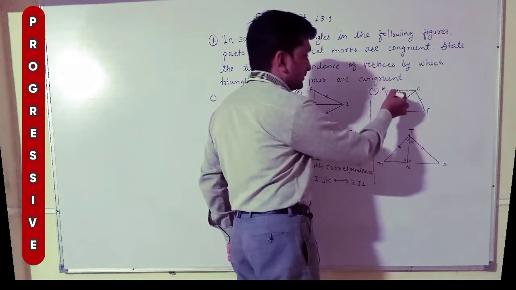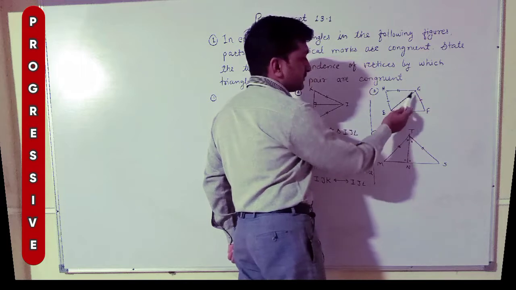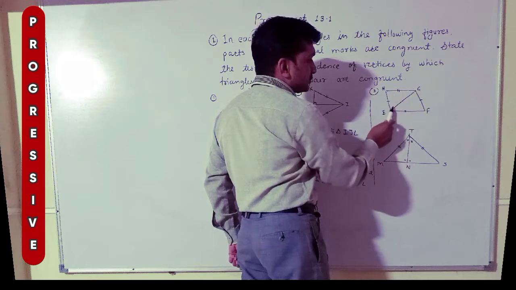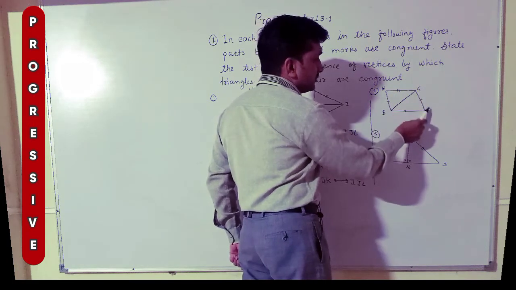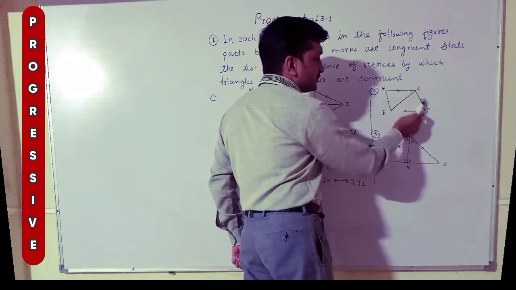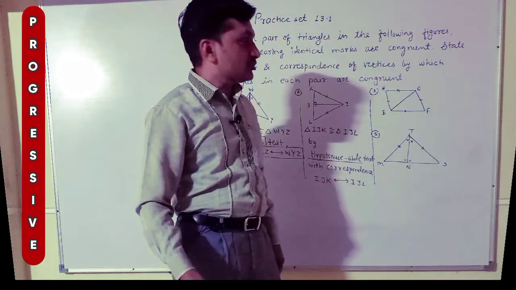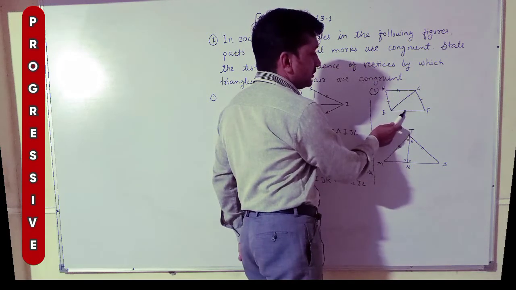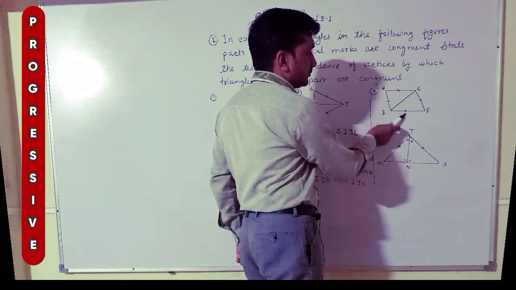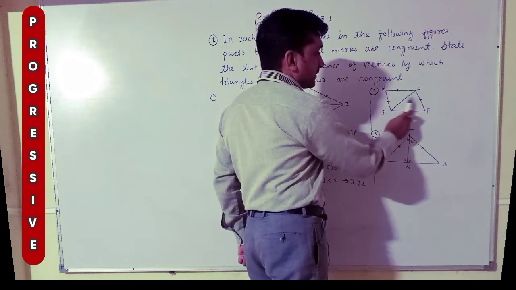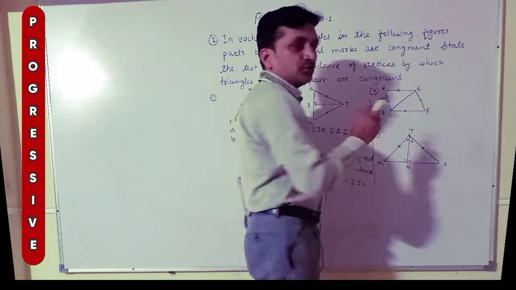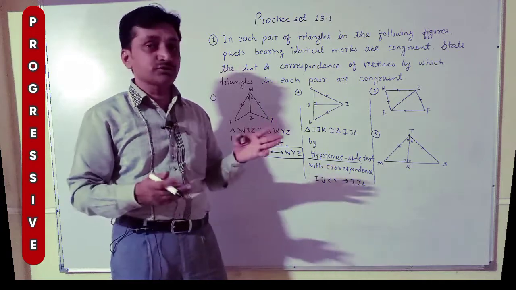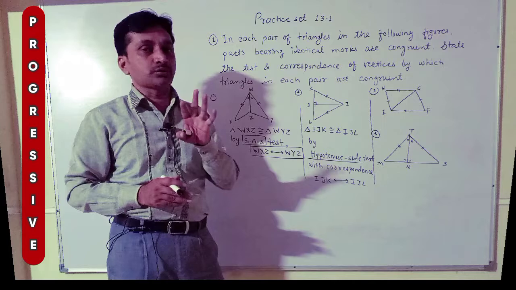Now let's see example third figure here. Here are two triangles. By any way you can write GHE and here GFE. Now let's see which parts are given by identical mark. Here HG is congruent with EF, one side, HE congruent with GF, second side, and this EF is common to both. EF is common to both, that's why common side is congruent with itself, therefore that is also congruent, means three corresponding sides are shown, three.